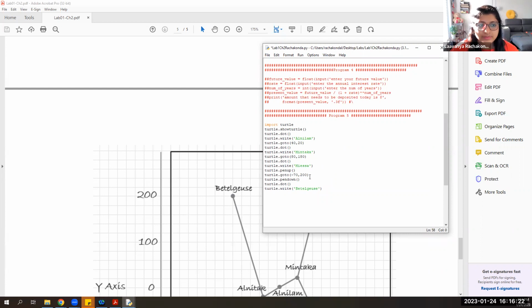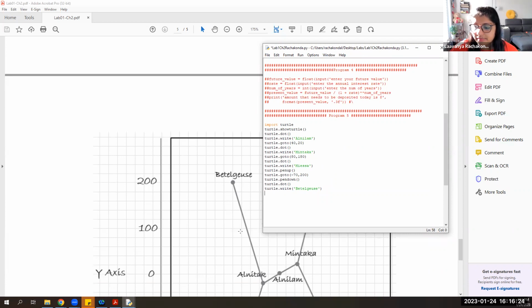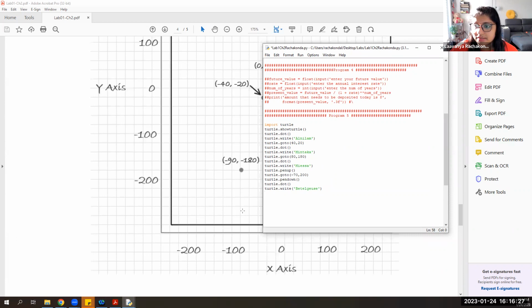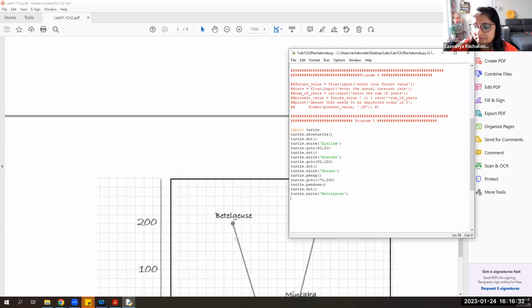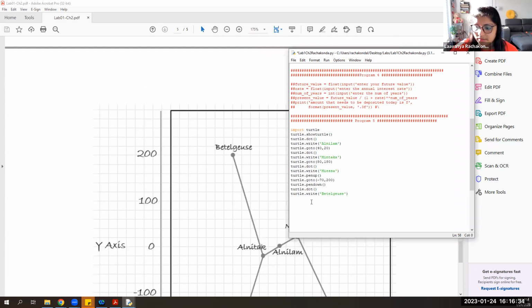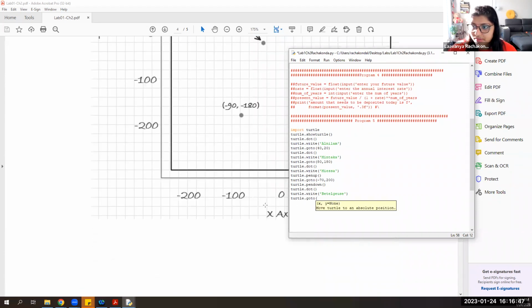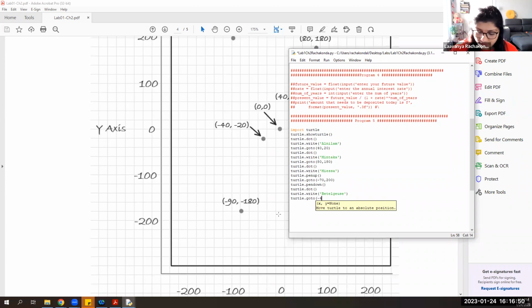From there, let's move to Alnitak. And Alnitak has coordinates minus 40 and minus 20, right? Yeah, that is Alnitak. And we do need to draw a line, so there is no need to do pen up. You can just directly ask the turtle to go to Alnitak, minus 40, minus 20. And turtle dot